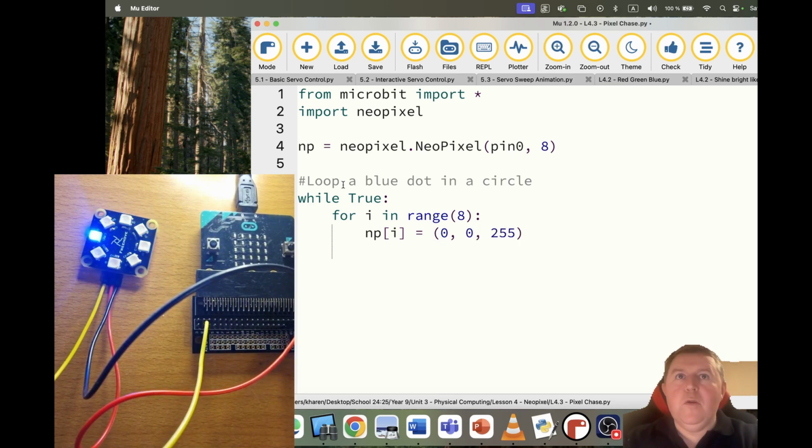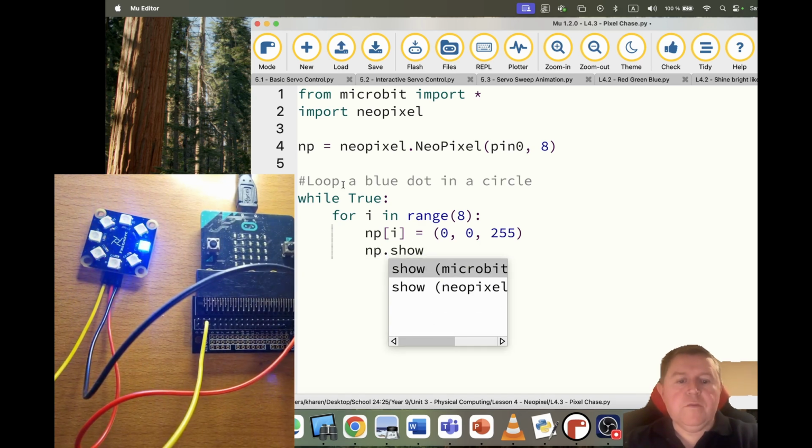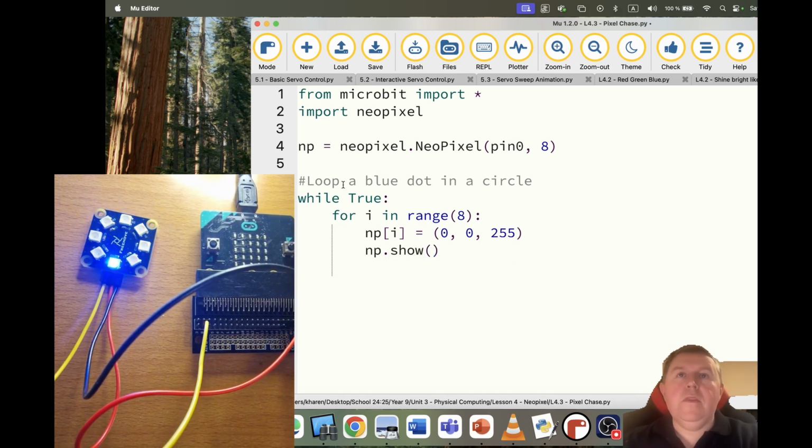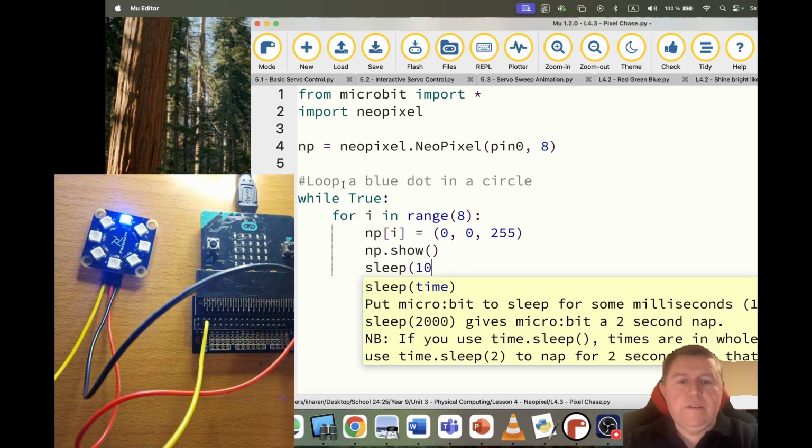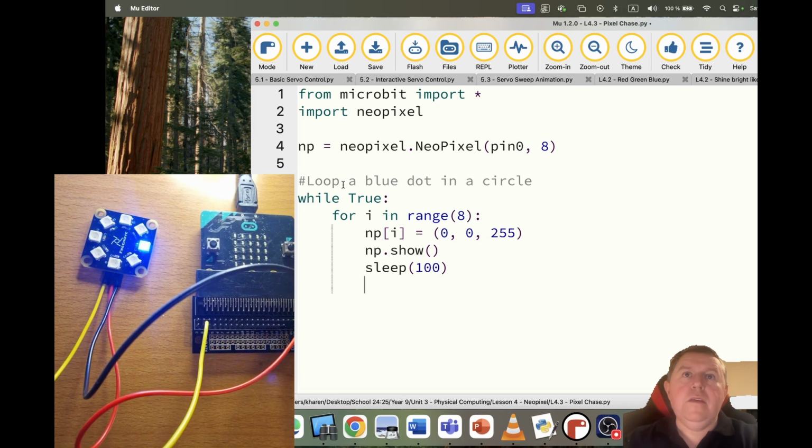That just makes it blue, for example. np.show, it's going to show it, and then we want to sleep. This basically means have a little pause between each time, so we're going to sleep, make it 200, for example,